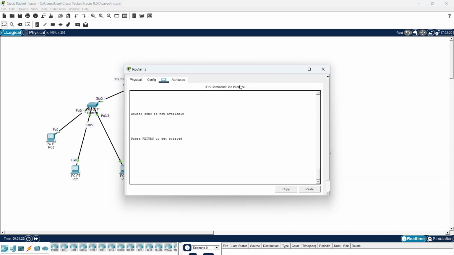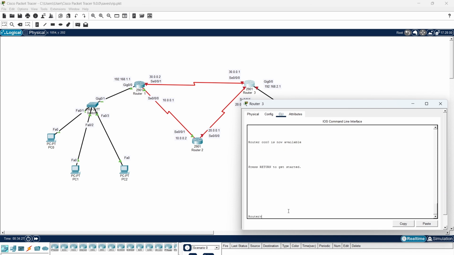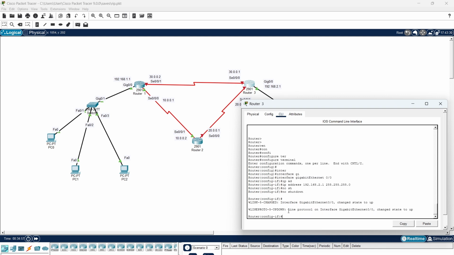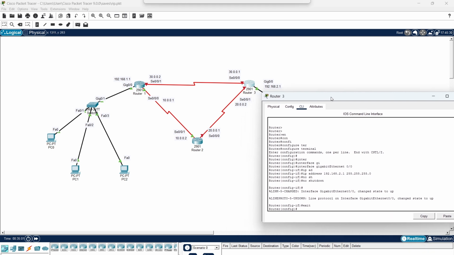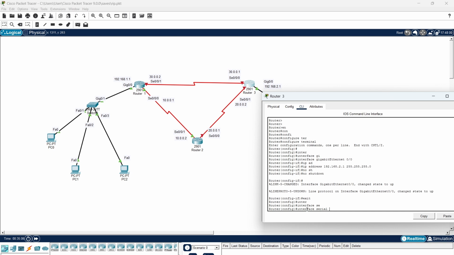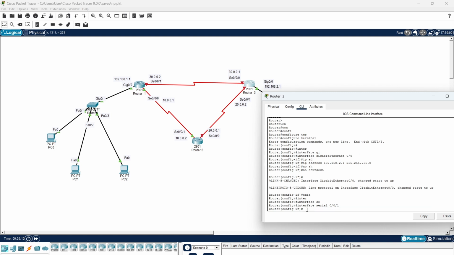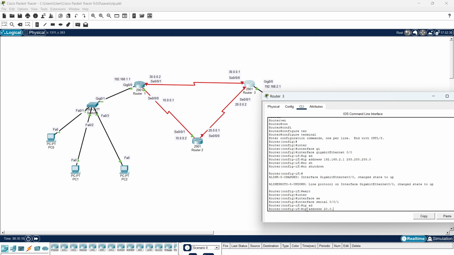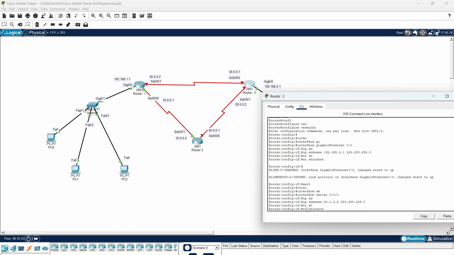Now we will do router 3. Go to enable and configure terminal, then interface gigabit Ethernet 0/0, IP address 192.168.2.1 and subnet mask 255.255.255.0, then no shutdown, then exit, and the interface serial 0/0/1, then IP address 20.0.0.2, then subnet mask 255.255.255.0, no shutdown, exit,